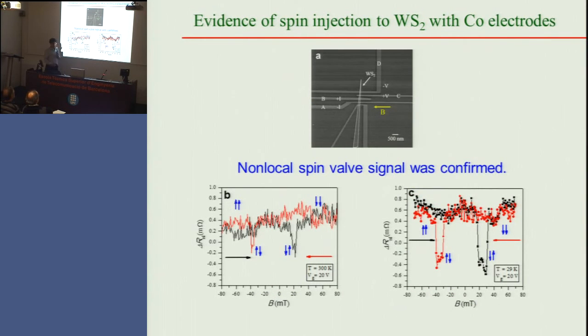Another piece of evidence that they might question is whether they can really inject the spins into the two-dimensional materials, and we can confirm that by a so-called non-local measurement, which is a very standard measurement in this field. Spins are injected on one side, from here to there, and they measure the voltage on the other side. In such a way, they can observe spin accumulation, which is called a non-local measurement. Anyhow, this is a kind of proof of spin injection.